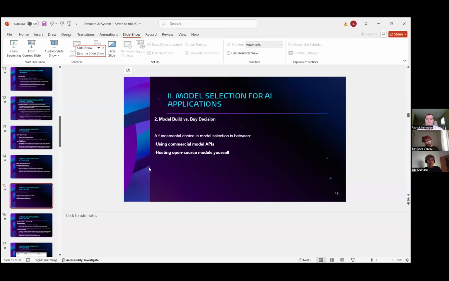So the author of the book defined a workflow of several steps. He suggests first filtering the models based on the hard attributes, which I said are licenses and privacy. Then we should narrow down these candidates using different public benchmarks.